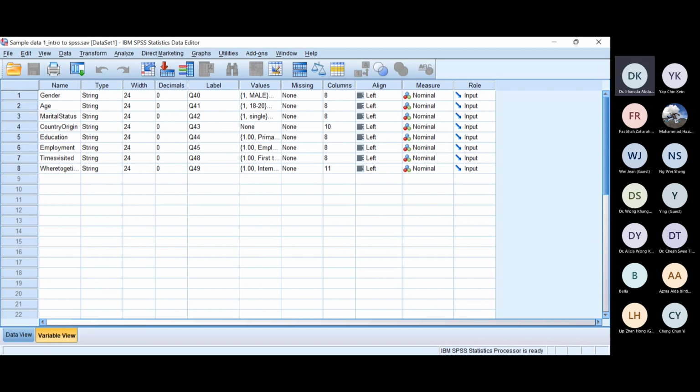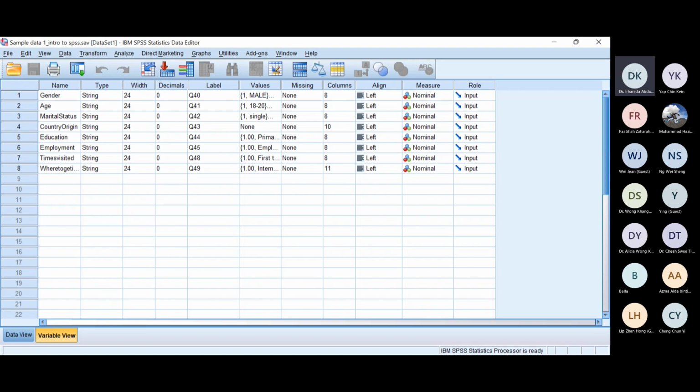It means they can write the country they come from, so I have to key in the name of the country one by one. That's why it's blank here. When I key in, later when I click the data view, you will see the names of the countries appear one by one.